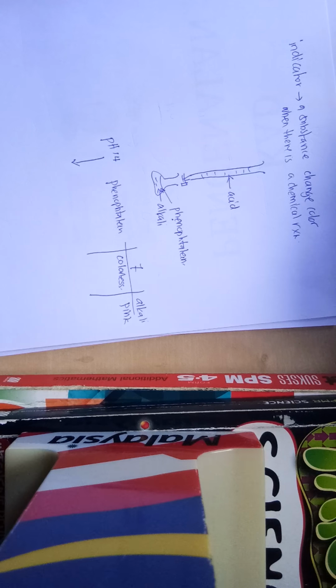Okay, for the universal indicator, you may refer to your textbook. For different pH values, it has a different range of colors, so you may double check with your textbook. For color in alkali, pH 14, the color is very dark purple or dark blue. In neutral solution, it is almost green or yellow. You may double confirm with your textbook. And color in acid, the color